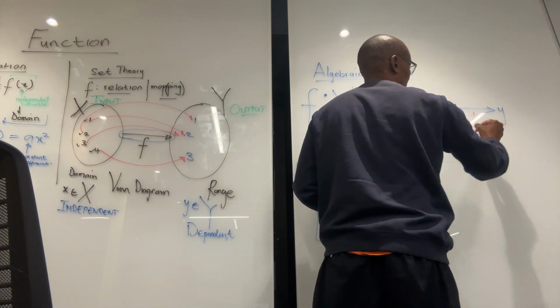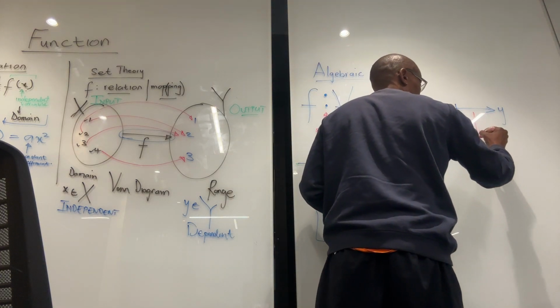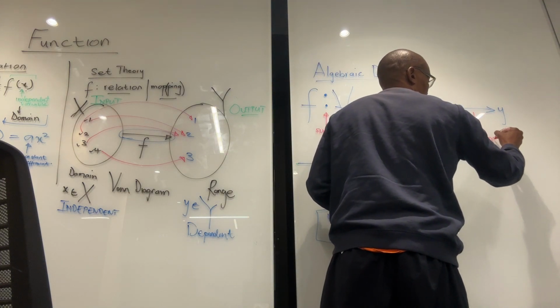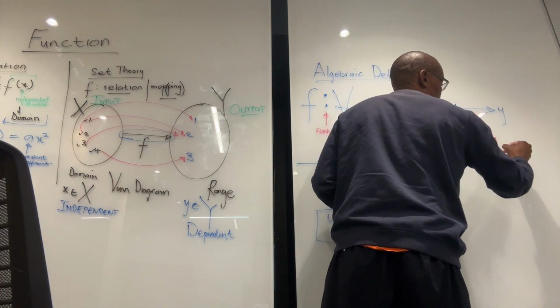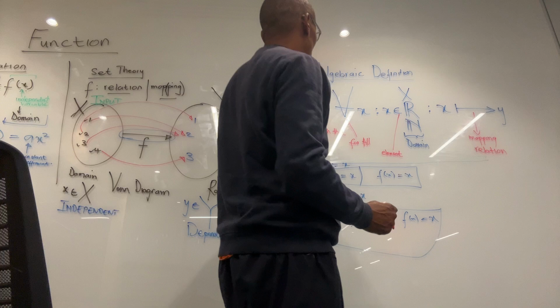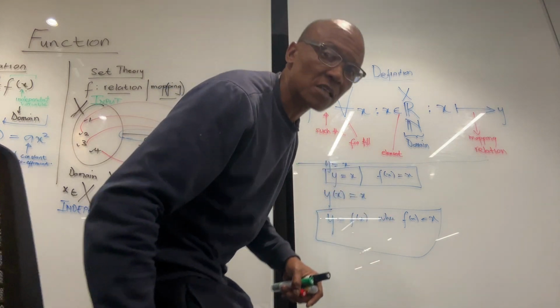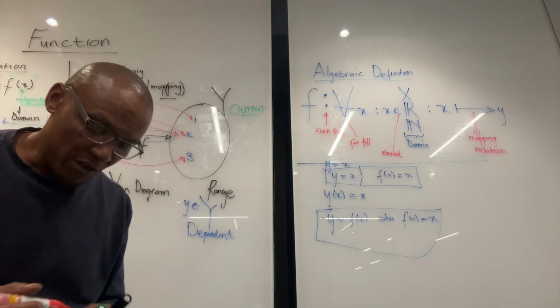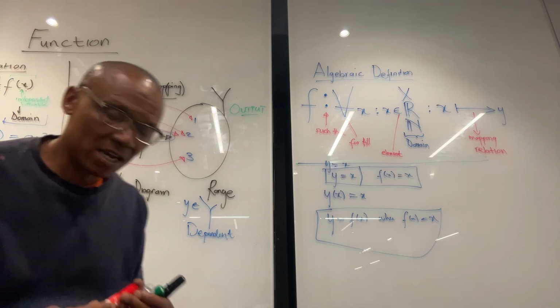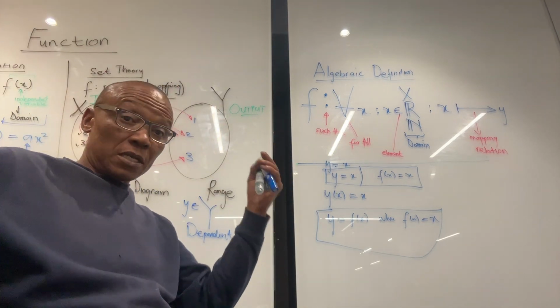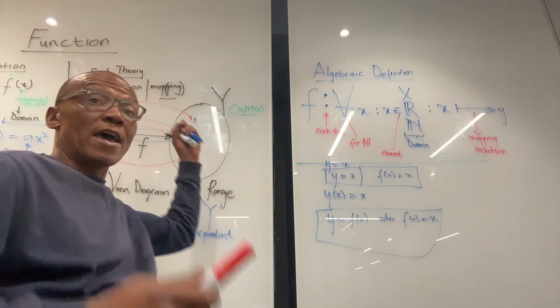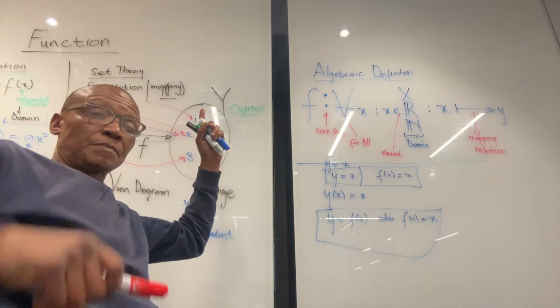This means mapping, relation, as in relationship. It's talking about f. f is such that for all values of x, where x is an element of some domain, meaning it can be real numbers, natural numbers, or big X,